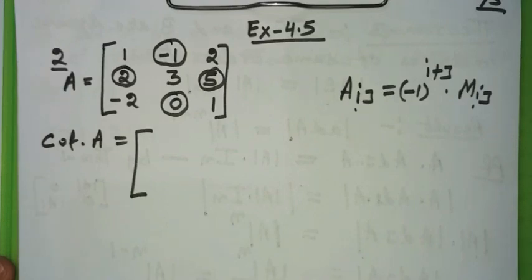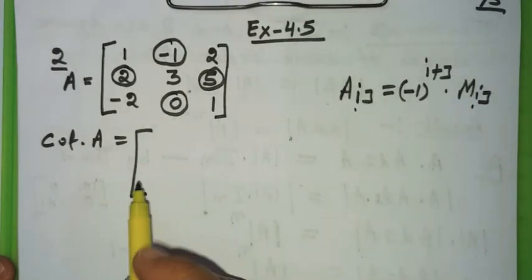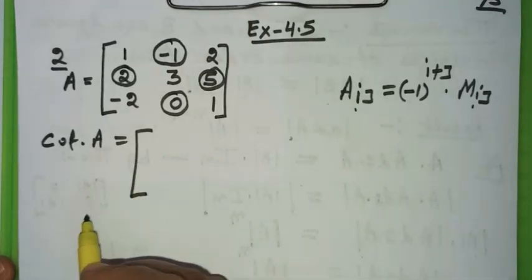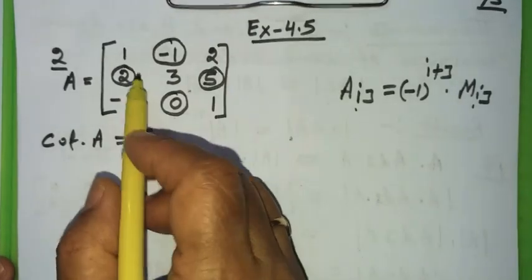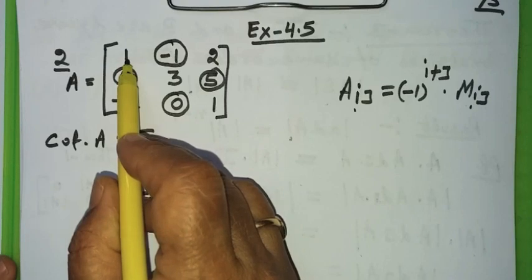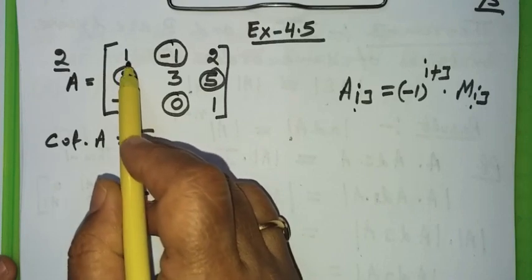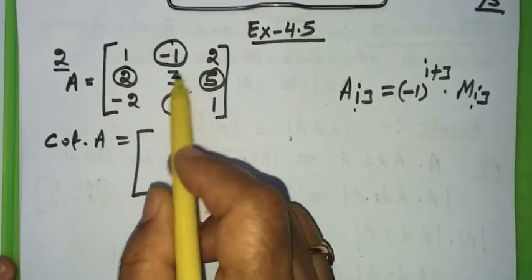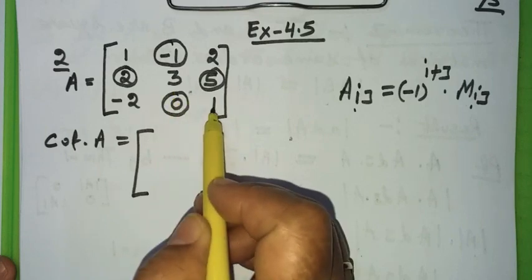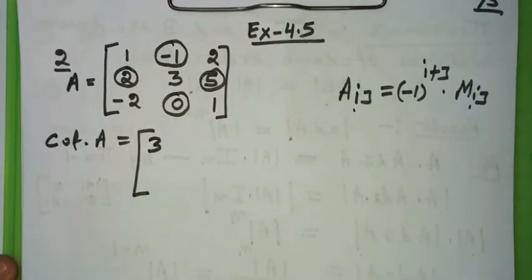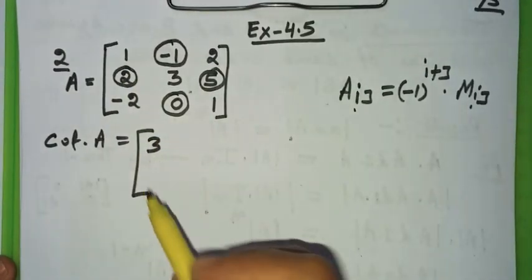So now by this time I should be able to write down the cofactors directly also. Should I do that? Okay. So let us find the cofactor of the element 1. To find the cofactor of 1, I know that minor and cofactor are going to be the same. So I find the minor of 1. I delete the row and the column in which 1 lies. I am left with these 4 elements. 3 into 1 is 3, minus 5 into 0 is 0. 3 minus 0 is 3. So I got that the cofactor of the first element is 3.